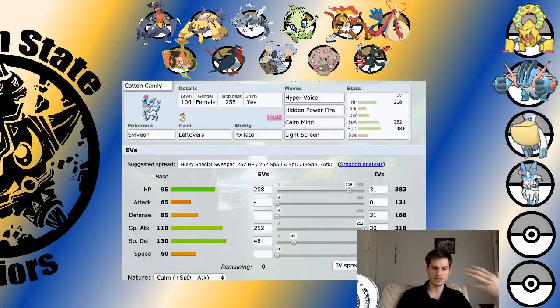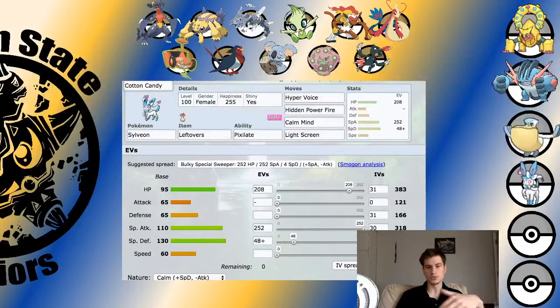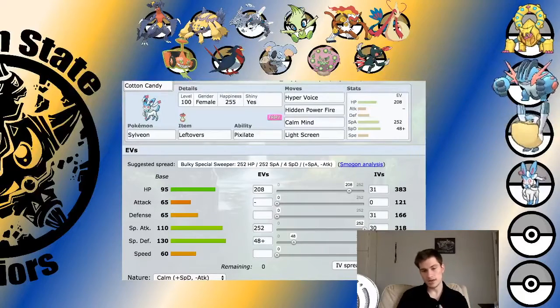I ran a Calm Mind set because it's good to just have some special defense bulk to deal with Milotic, Celebi, and Galvantula, and then I just ran Leftovers to get that HP back. Calm Mind is if I can set up, oh boy, Hyper Voice will destroy. So Calm Mind is very important to set up. I get that special defense, even more bulk,